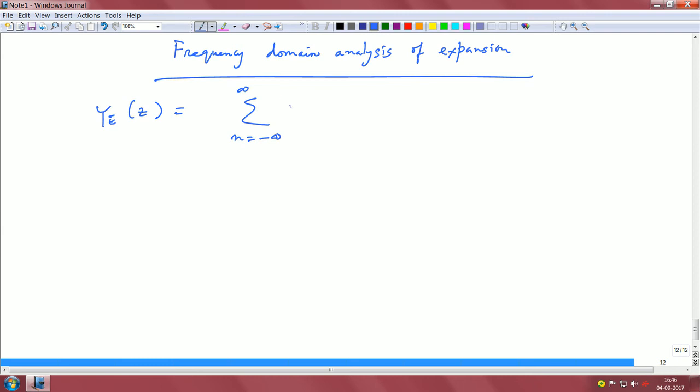Basically I take the z transform of the output of the expander, and I said this y of n can be written as this summation, being valid when n is a multiple of L. So I have Ye of n, the expansion process of x of n,